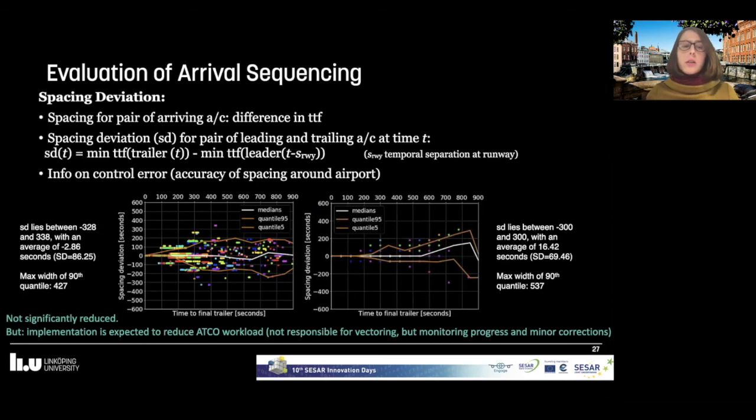Here we cannot observe a significant reduction, but the idea is that the implementation will reduce the controller workload because they are no longer responsible for vectoring, but only have to monitor the progress of the aircraft along the predefined